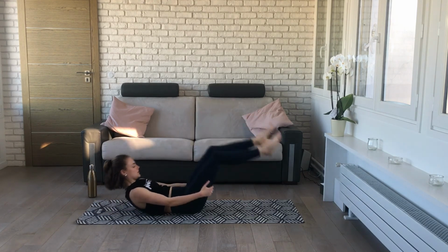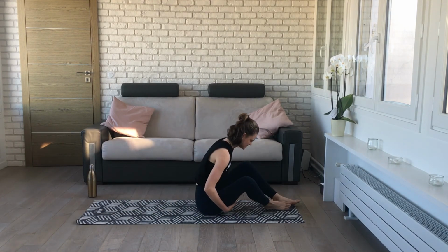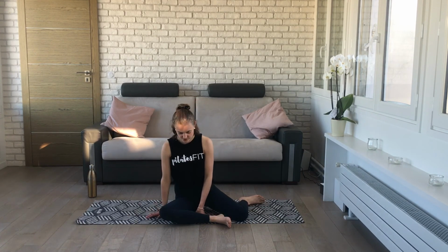A little bit of momentum coming up to my seated position. I'm just going to go for a little bit of a mermaid type stretch, just to lengthen out through the obliques and into your QL muscles, lower back muscles here. Seems we have done quite a lot of oblique stuff. So find your Z-sit, trying to stay open through the hips if you can, so we're not kind of up